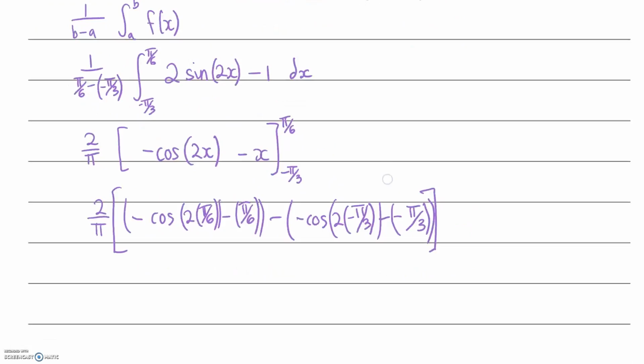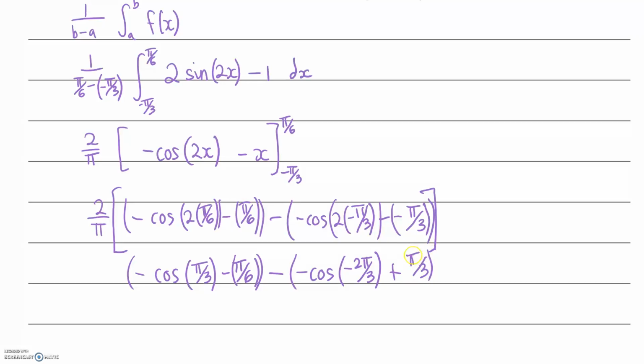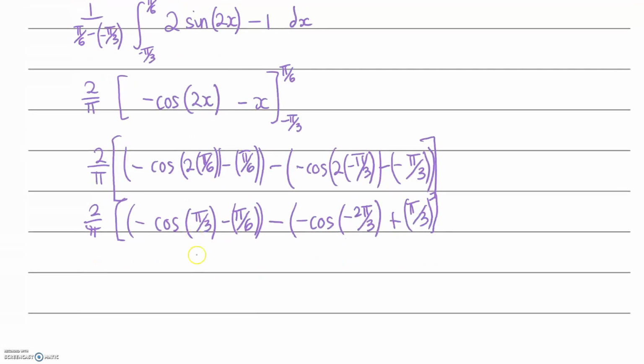So this is just negative cos of pi on 3, take pi on 6. And this is just negative cos of negative 2 pi on 3 plus pi on 3. Again, still all being multiplied by 2 on pi. You might not want to do all of these steps, but you know, you might as well while you're working through it, just to make sure that you're getting the marks. Cos of pi on 3, this is just going to be a half, so we've got negative a half, take pi on 6 in this bracket, and my negative of cos negative 2 pi on 3, well, if I think about where's negative 2 pi on 3, cos is going to be negative, it's going to be the same as this. So we've got negative a half plus pi on 3,